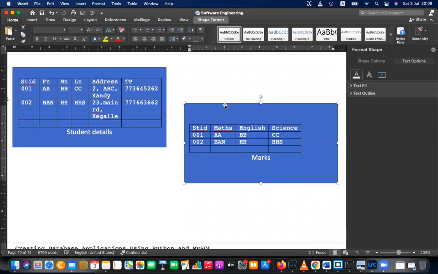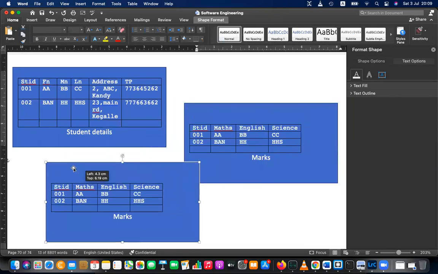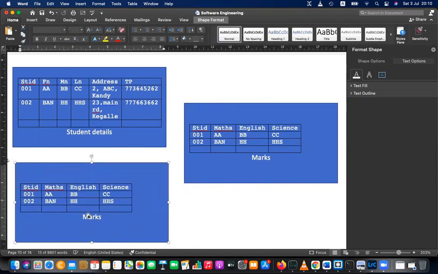And you have another table, let's say, the class details. Let's say student 1 is in grade 11 and the medium is English medium and the class is 11A.